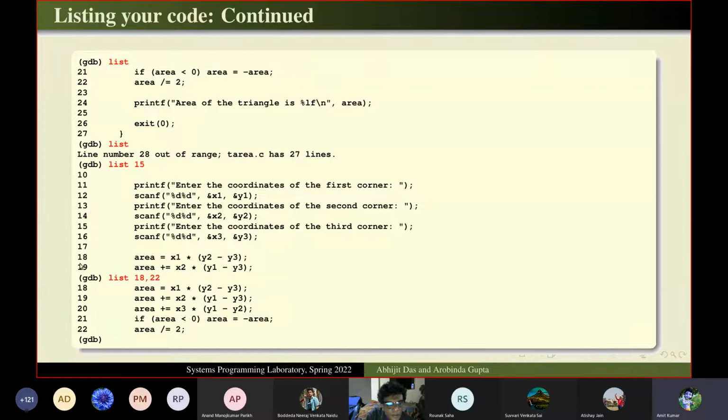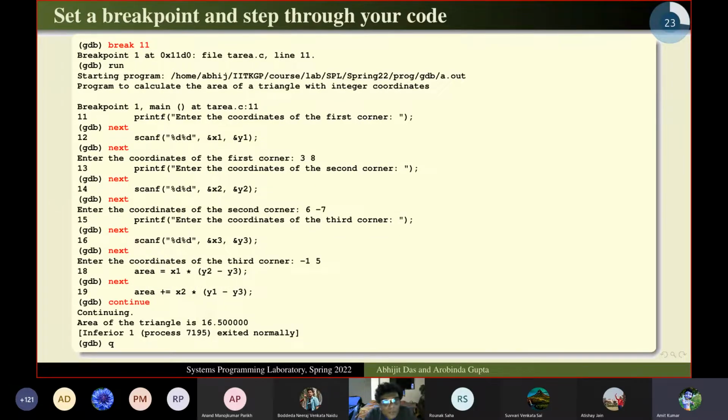So now, given that you can see your source code line by line, you can add a breakpoint. That is the important thing. Set a breakpoint, and then you step through your code line by line. So you say break line number. This is one way of using break. We will see other ways of introducing breakpoints. But at the moment, because this is a very simple program, I will just say